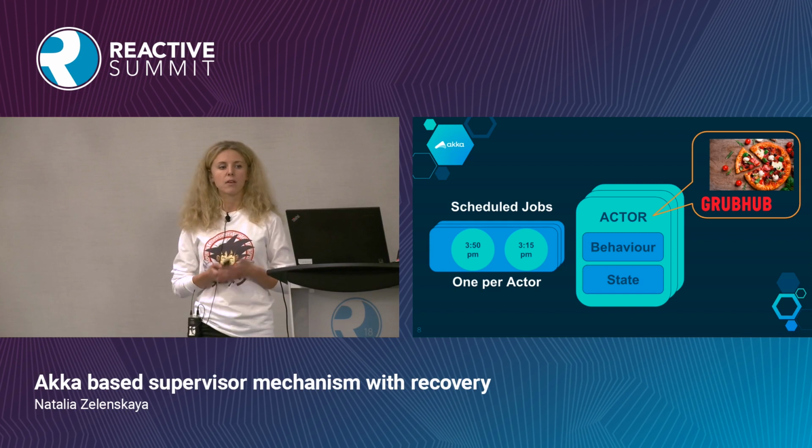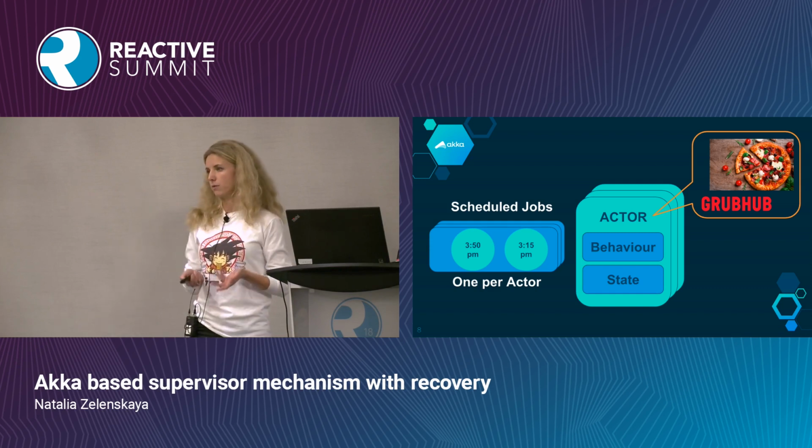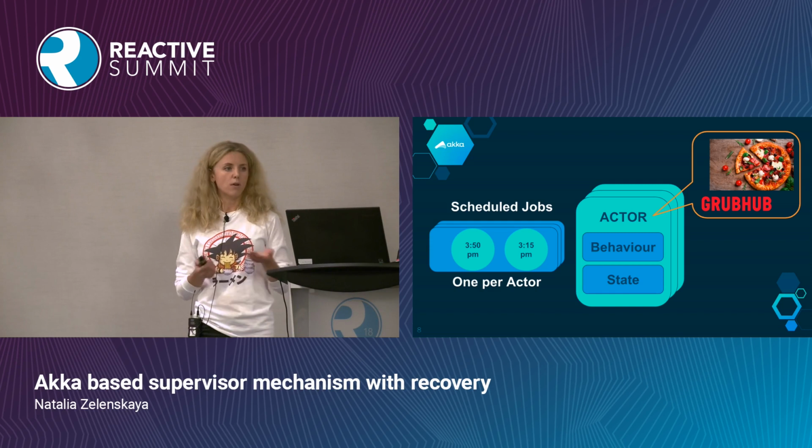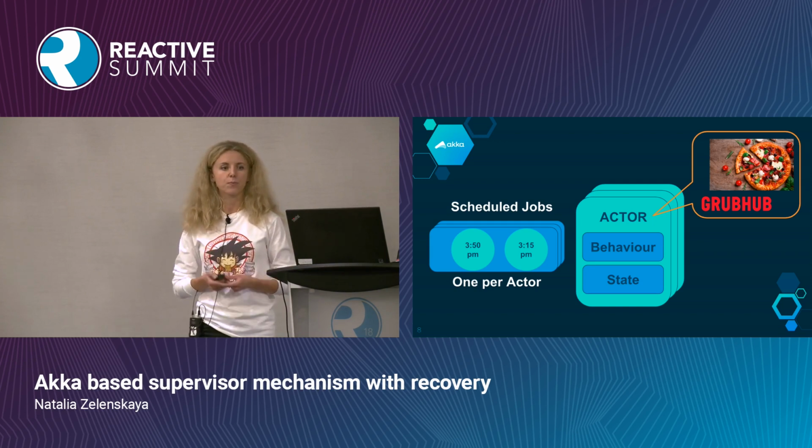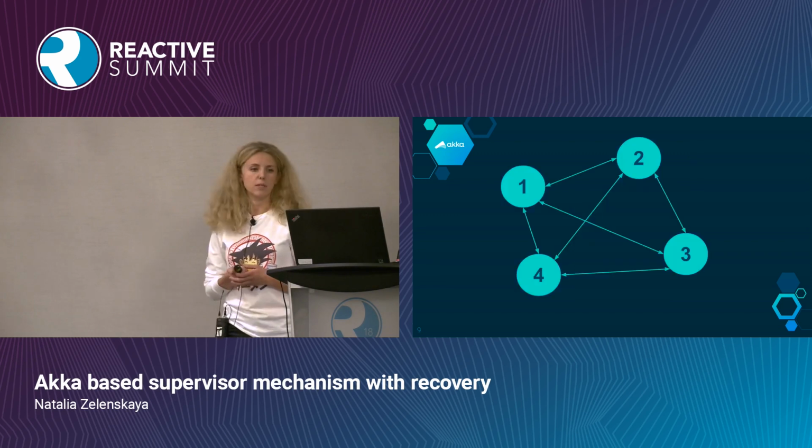Once we get our pizza, we can consider the order fulfilled, and we can shut down our stateful Akka actor. Throughout the day, we can get thousands of these orders, and if all of them are represented by stateful Akka actors, we want to use our computing resources efficiently. So we're going to redistribute them among the cluster of nodes. So let's take a look at the bigger picture.